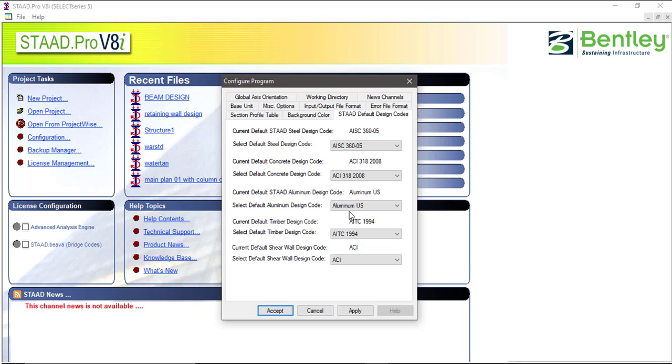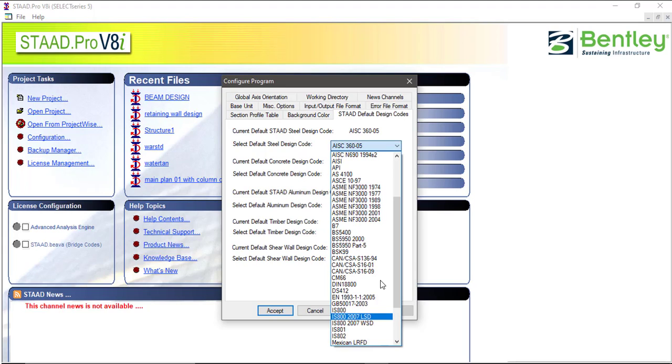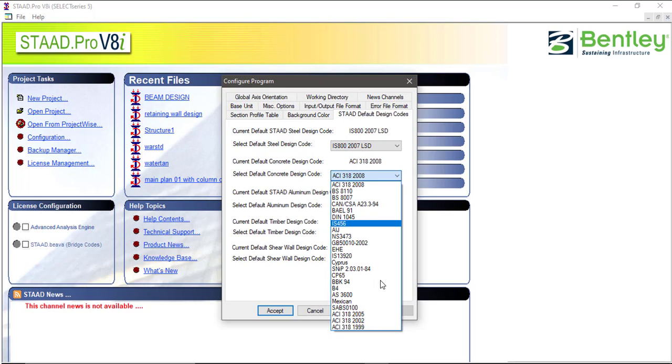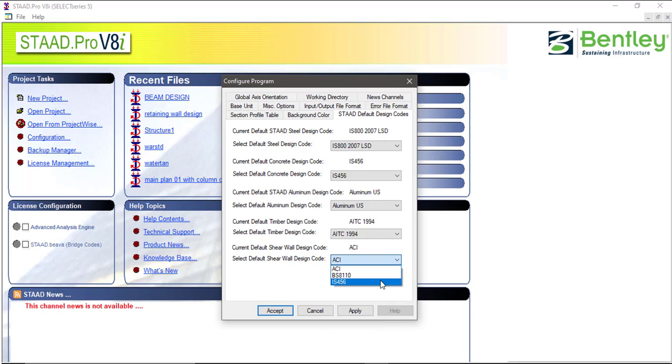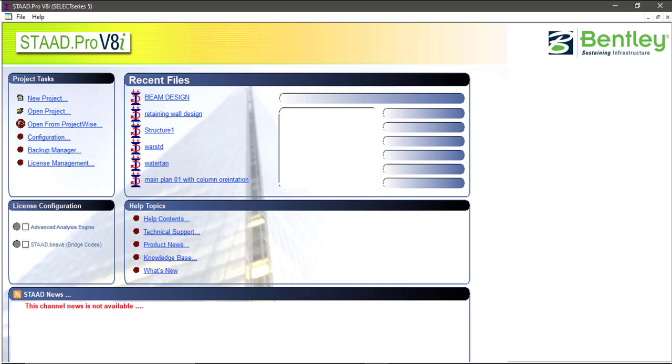These two IS codes are not available, and you will get IS456 for shear wall. Just select IS800 2007. Second comes IS456. Third, IS456. Then you have to accept and press apply. This is the first step you need to do, and it is a one-time process. If you have done this, then further you can start a new project directly.